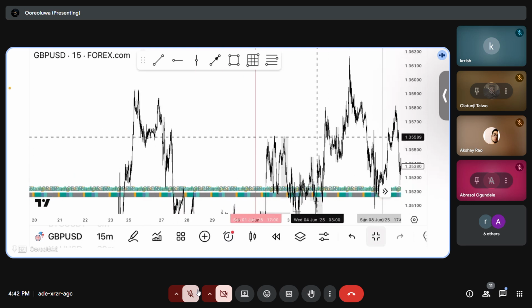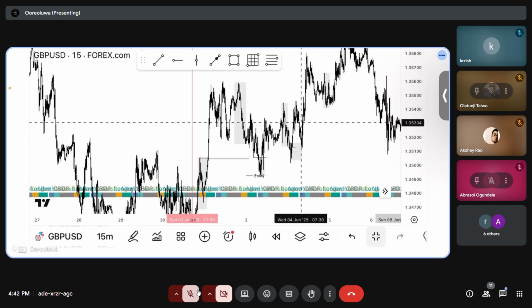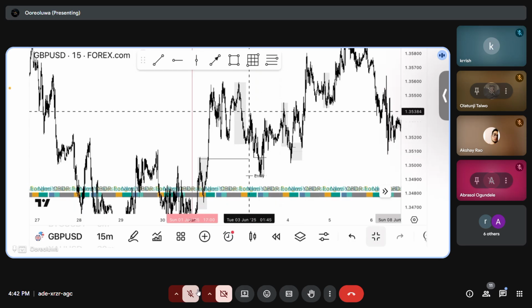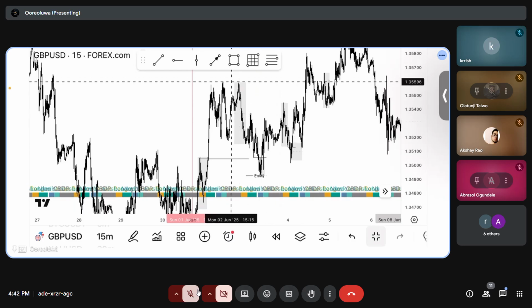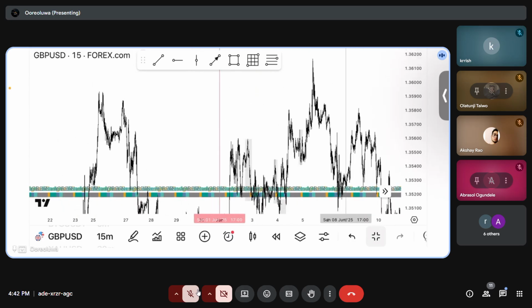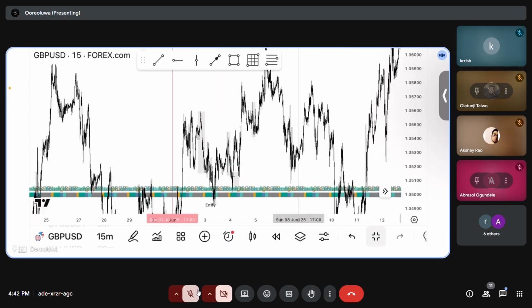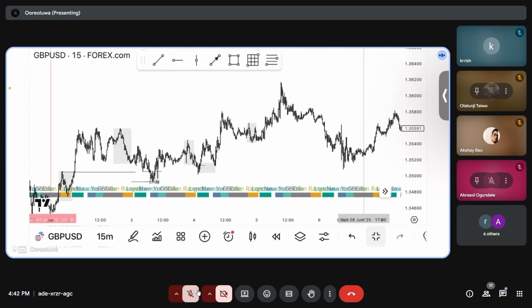Your first trade, the target for partial is here. The second trade partial here. Then your third trade partial. Maybe you didn't take a trade from here, so the partial is here. Or you close because this is already Thursday. So on Thursday you close your trade. It's as simple as that to cap the week.